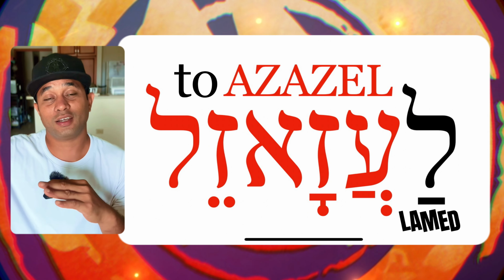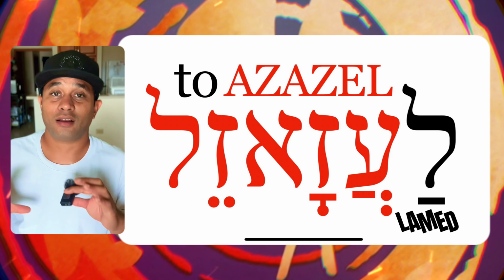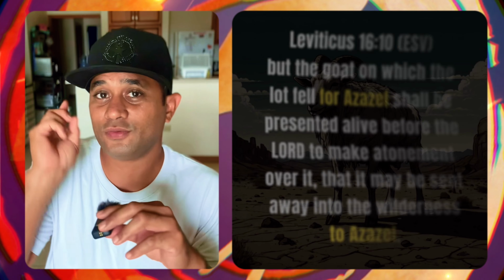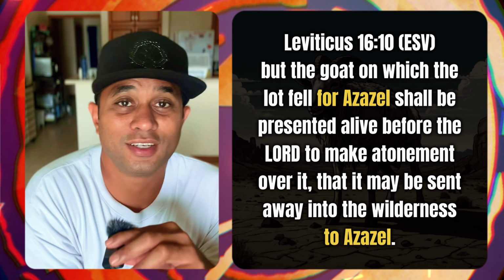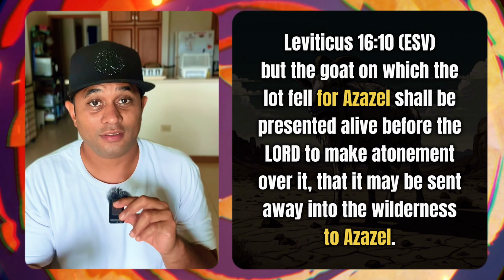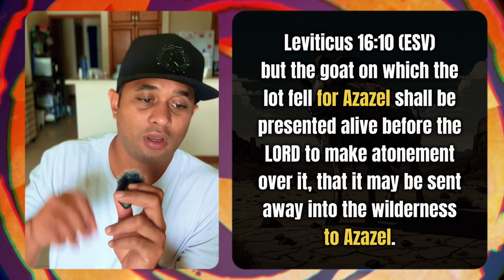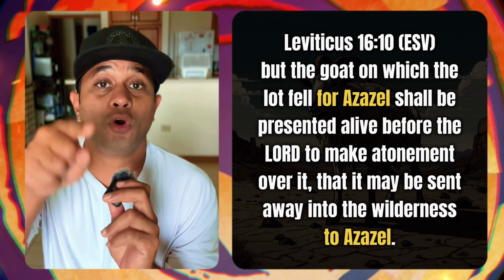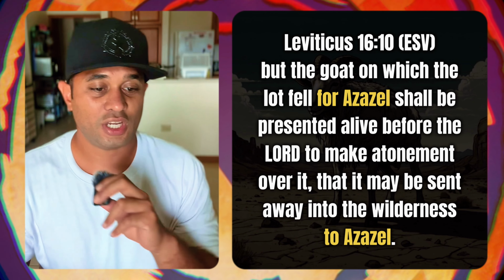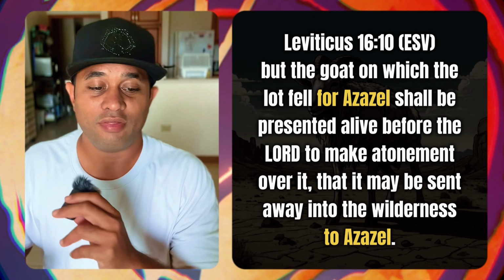So the original language is telling us to Azazel. Well, the first clause, according to the context, is saying for Azazel. The second clause is saying to Azazel. Check this out. The ESV is really close to the original. Leviticus 16 verse 10 in the ESV, the English Standard Version, this is what it reads. But the goat on which the lot fell for, that's the prefix, for Azazel, shall be presented alive before the Lord to make atonement over it, that it may be